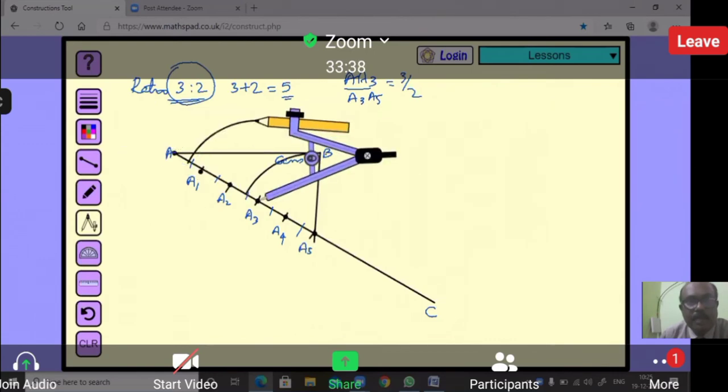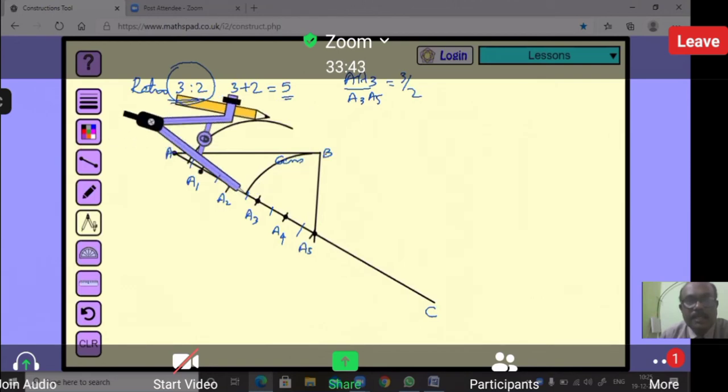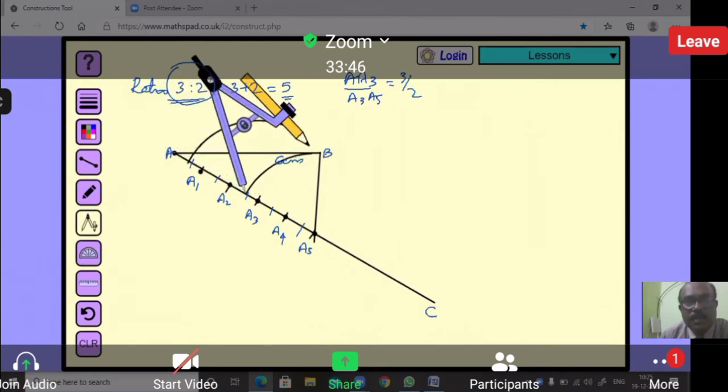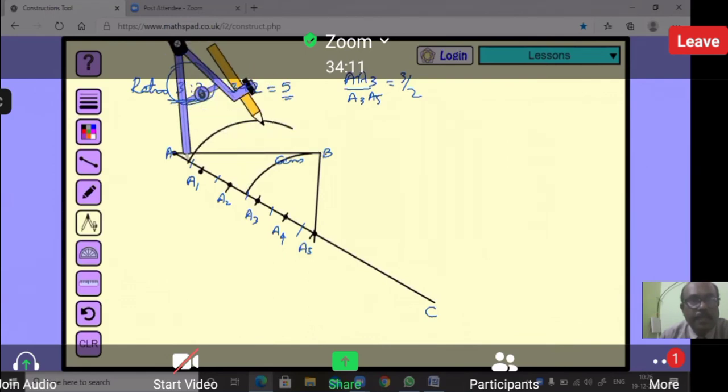Now you bring this compass here. You keep the compass at the previous arc and take the radius. So it's not the same now. I have to adjust this compass till the point where it is touching. That means I need to take the length of the arc which I have drawn already. Now I will lock this because it will not change. And then the same thing I need to draw from this point. Alright, so I'm getting a point here.